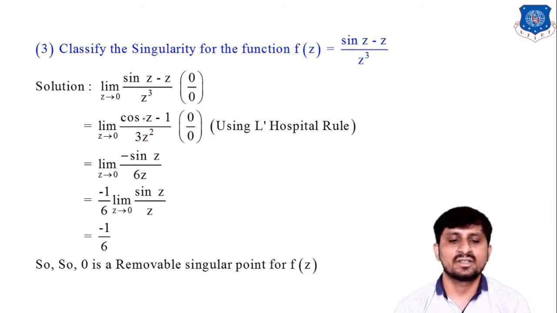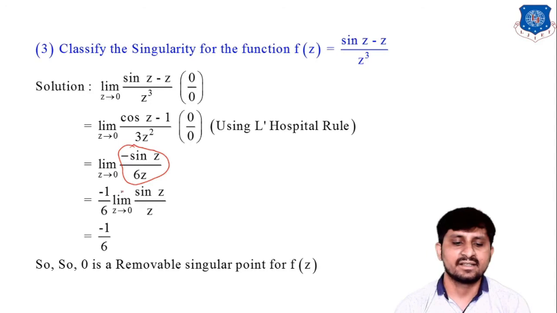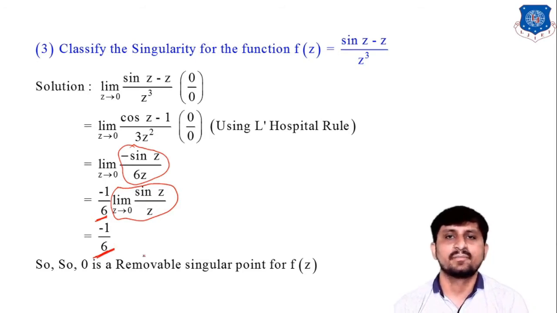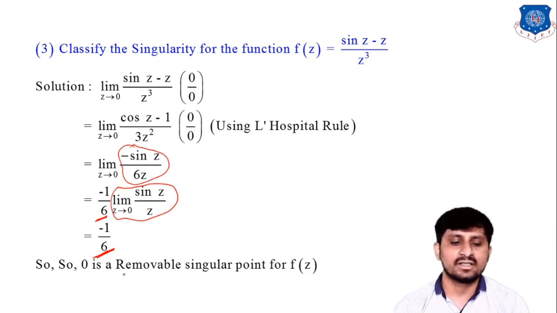Now the differentiation of cos Z is minus sin Z, and in the denominator we have 6Z, right? So minus sin Z upon 6Z. So minus 1 upon 6, limit as Z tends to 0 of sin Z upon Z. We know that the limit as Z tends to 0 of sin Z upon Z is equal to 1. So the answer is minus 1 by 6, right? And clearly the limit exists, so that's why we can say that 0 is a removable singular point for f of Z. Clear? Now next example,